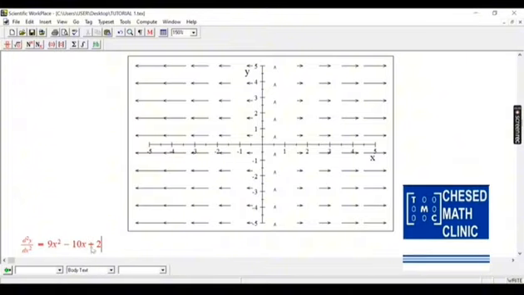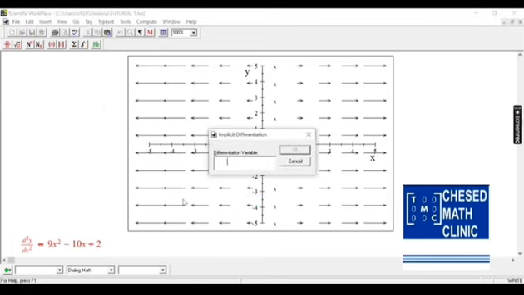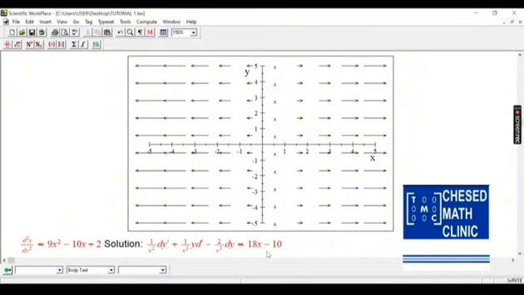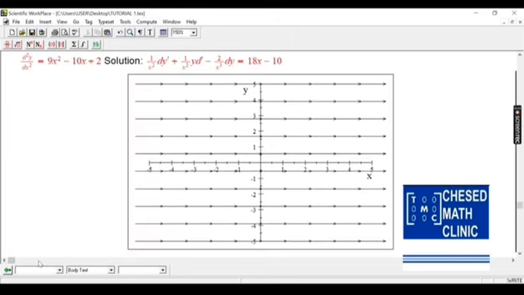So I want to differentiate this first derivative with respect to x again. We use the same method. We go to Compute, Calculus, Implicit Differentiation, and we put in the variable which we want to differentiate, which is with respect to x. We OK it. So this is the second solution or the second derivative of the differential equation. Next, we plot the graph. We go to Compute, 2-dimensional, gradients, and this is the graph or the solution to the graph for the second